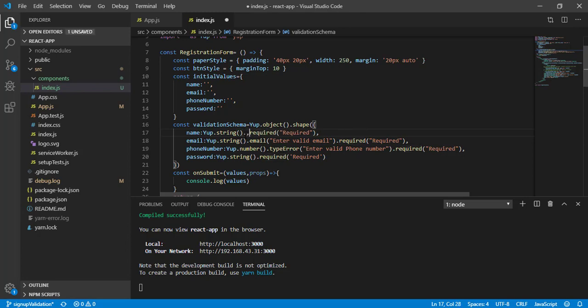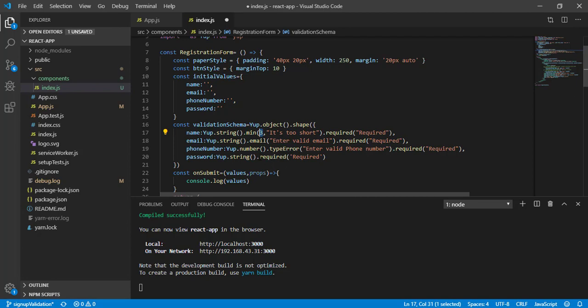So string, and here we can define min. This is going to take two parameters. The first parameter is the number of characters, so it's going to be 3 for us. And what is the message we need to show? I will say it's too short. So if the name is less than 3, I will say it's too short.